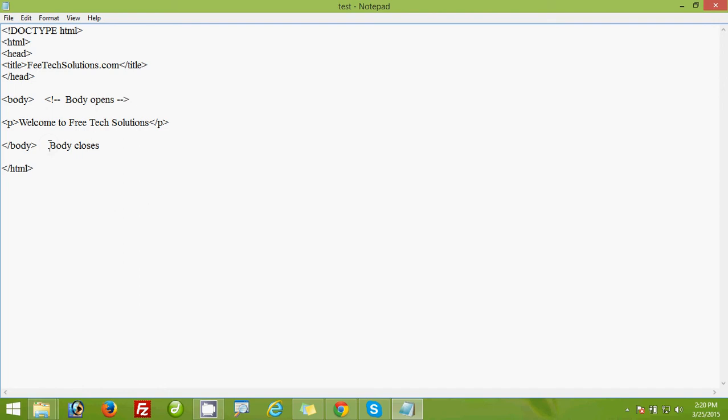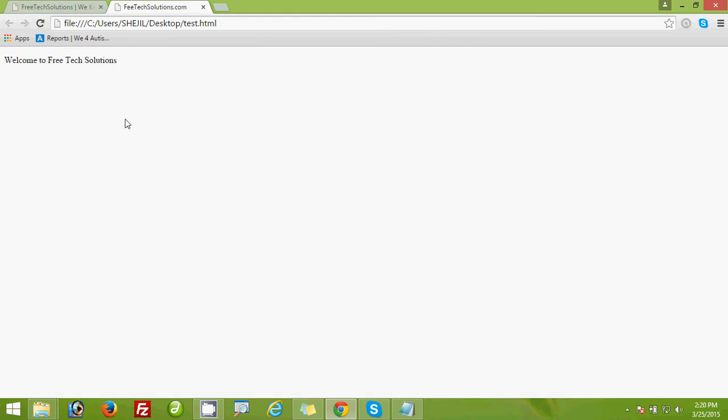Similarly here: open, exclamation mark, double hyphen, and double hyphen, close brackets. Now save this file, save, and the output. See, now the two lines have disappeared.